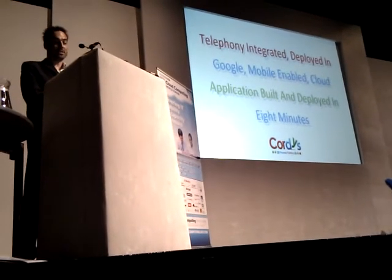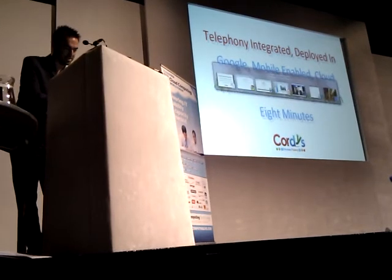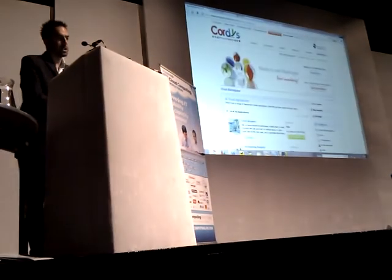Okay, 5-minute demo, hopefully. We're going to build a telephony integrated, deployed through Google, mobile-enabled cloud application. It says 8 minutes, but I've only got 5 minutes, so let's see if we can do that. So what I'm going to do is test I'm connected, first of all, which is good. First thing I want to show, if you go to